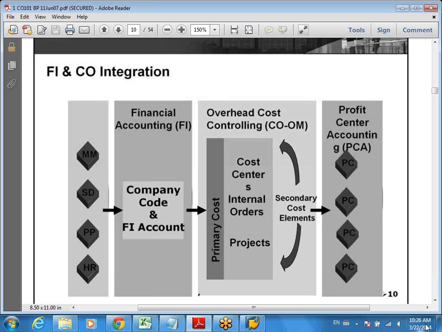All the P&L accounts have a one-to-one tie to CO. Whenever you make a posting, it automatically posts. Same thing with the CO. So if there is an impact on the FI side, it automatically pushes things back to the CO. And we'll look at examples of when it goes this way, and when it goes this way, and when it goes this way. There are three ways. Three posts. We'll look at some examples of all the